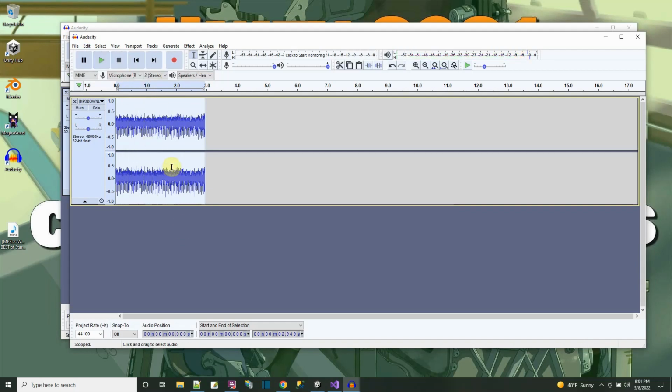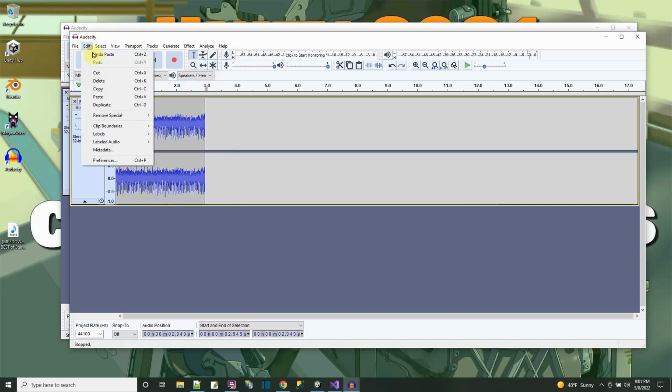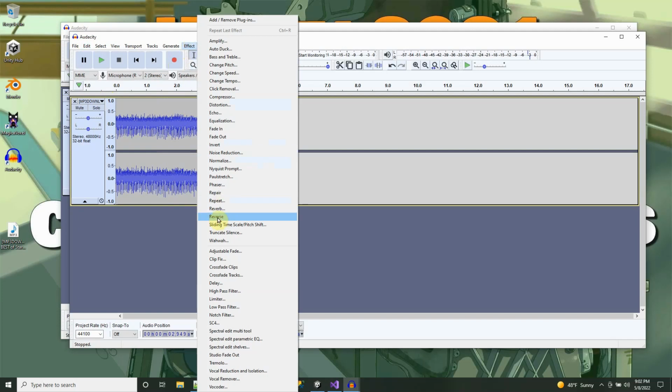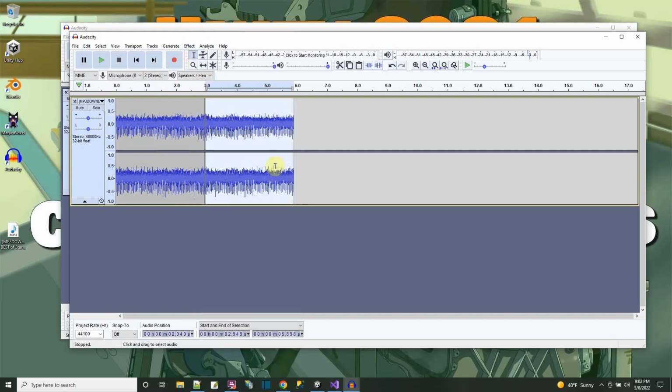It's going to have a little bit of problems looping. It doesn't sound that good yet. So I press Control A to select everything, edit, copy, then I go to the end of the sound. I press this here to go to the end of the sound, edit, paste. Now this is the same thing pasted, but now I'm going to reverse this part: effect, reverse. All right, and now if I press Shift Spacebar,